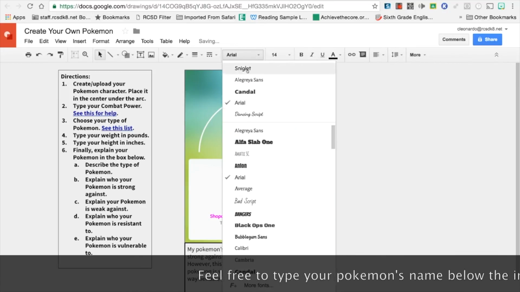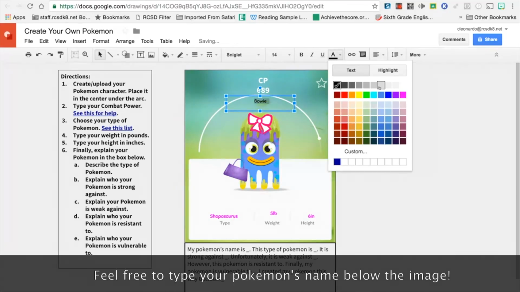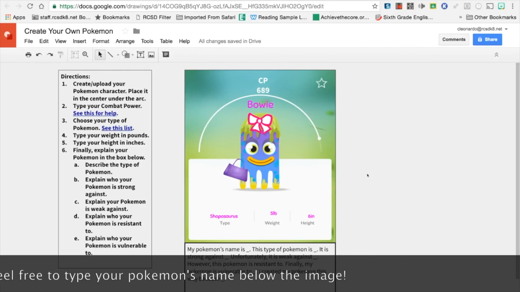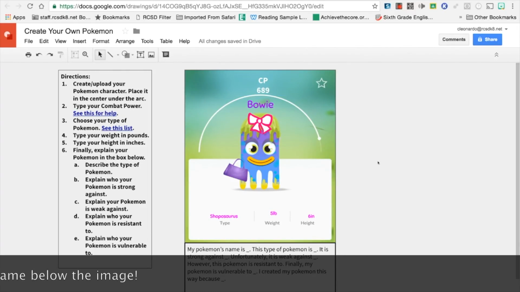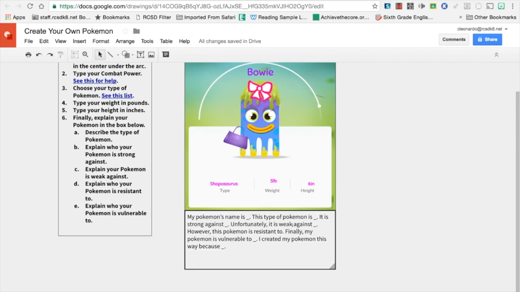I'm going to put her name right here in the center. I'm going to increase the font size. I might even change this to darker because that pink was hurting my eyes a little bit. So there she is, Bowie. She's a shoposaurus. She weighs 5 pounds. She's 6 inches tall. Then down here at the bottom, I'm not going to waste your time typing all